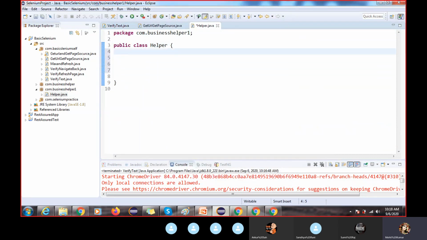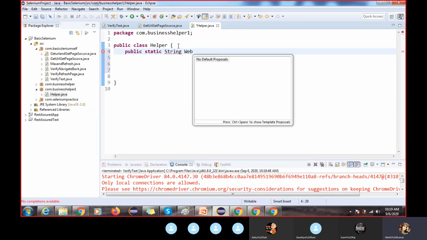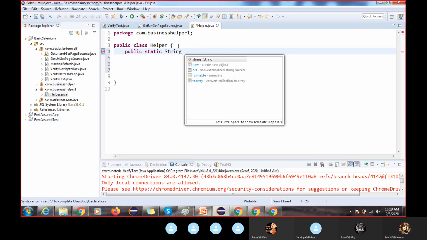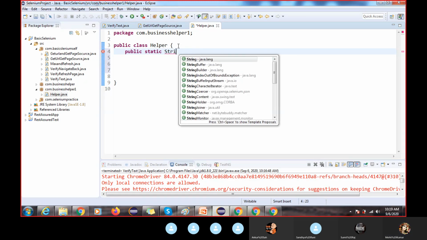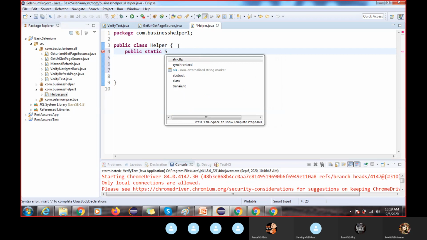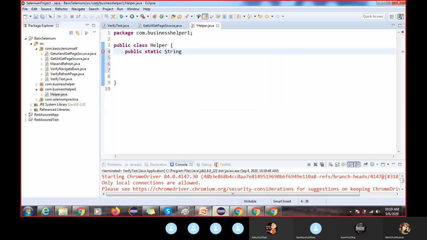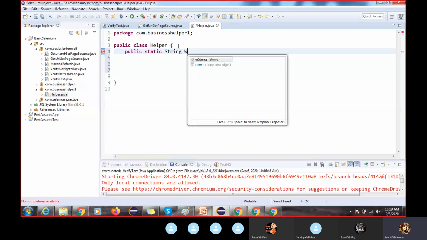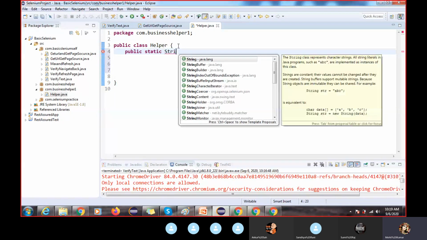So what I can do here, I will define some variables. Public static WebDriver.